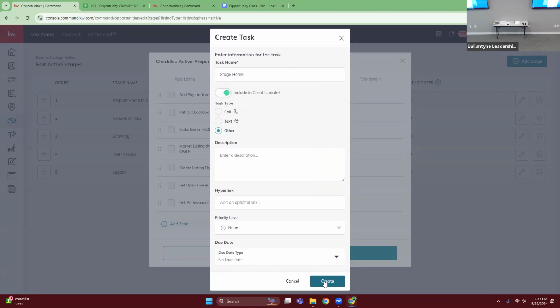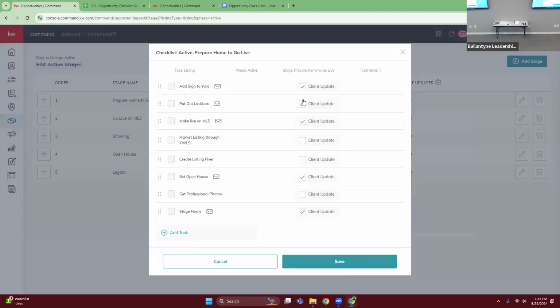So even if you have certain items, so I'll click create, you'll see that I do have a good amount of items checked here for client update. And when I do check it here, it adds this little envelope icon to the left of it, okay? So what that's saying is each time I turn client updates on, it will automatically send those to your clients when you complete those items. So I'll show you this in a live environment here. If you click on save,